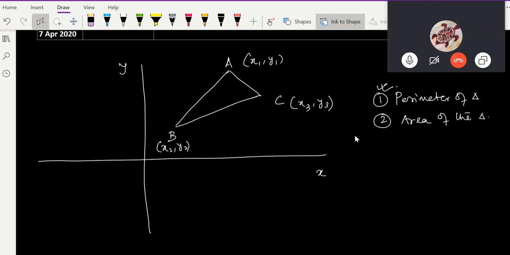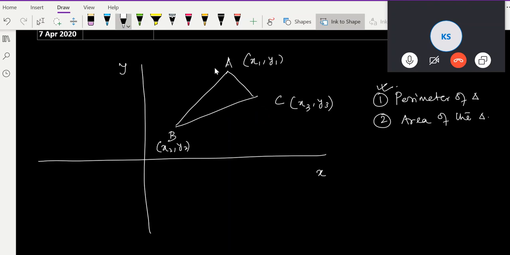Base would be BC, and then the height I do not know how to find. The height should be a perpendicular, right? Good. I will show you how to do it with height also, but first let us do it with